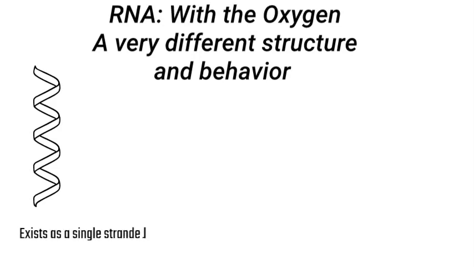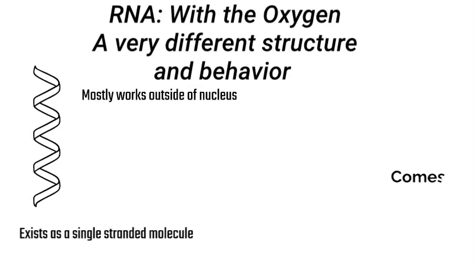The other nucleic acid is RNA. With its oxygen on the ribose sugar, it has much different properties than DNA does. RNA exists as a single-stranded molecule, although it does have secondary structure. RNA does most of its work outside the nucleus. RNA comes in three different forms: messenger RNA, which is a copy of the gene formed in the nucleus and sent to the cytoplasm;